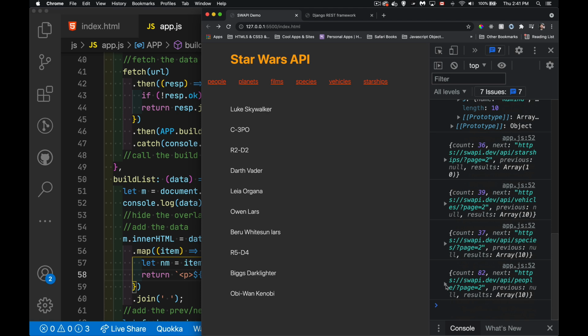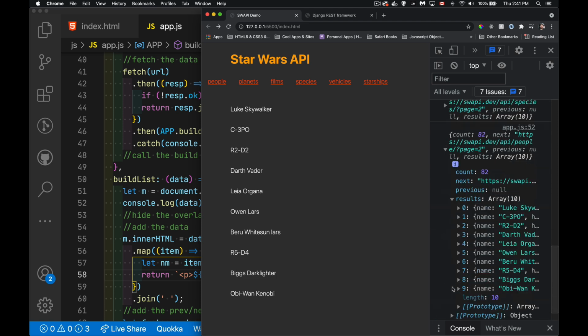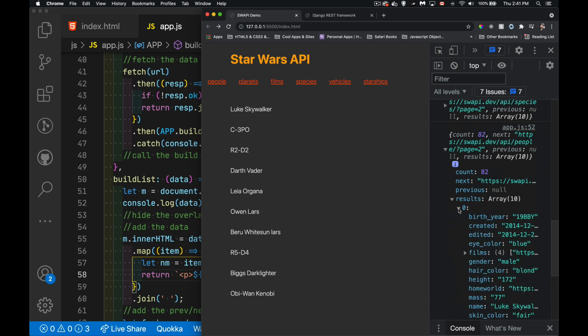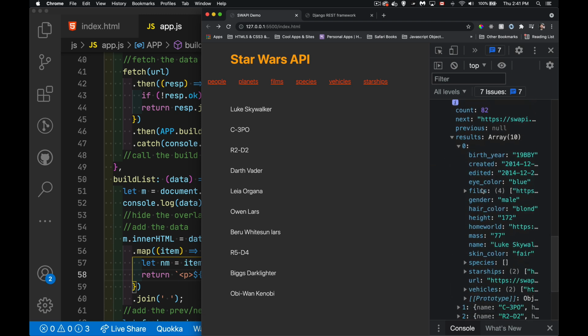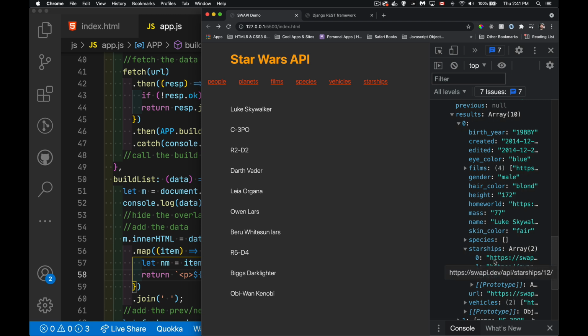Scroll to the bottom here. Here's the people list. Inside these results, for each one of these people, they will have films, so we could list films. They have starships, potentially, so we could list starships. And